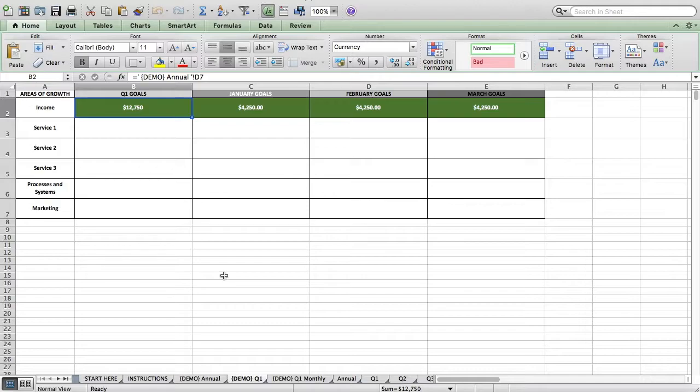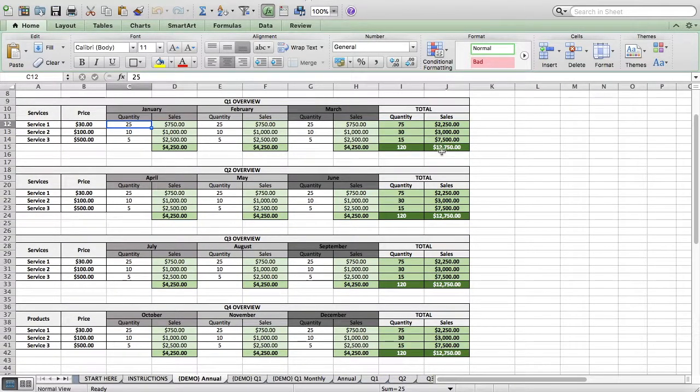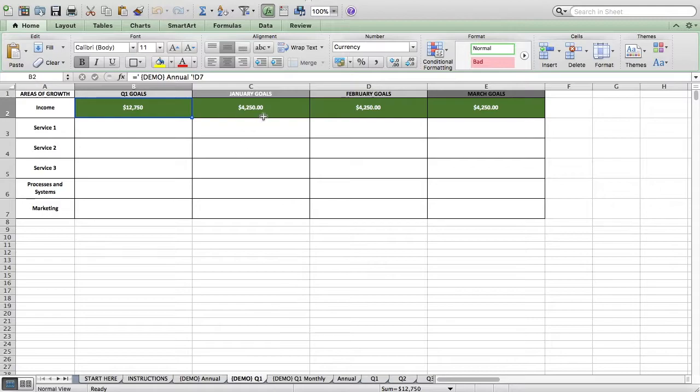So these numbers basically come from your Q1 goals that you set over in the annual tab. They've auto-populated, right? So you've got a total of $12,750 that you've set for yourself as a goal for the first quarter total, and then a breakdown throughout January, February, and March. That's divided by 3, so that was pretty easy there, but you'll see that for January, February, and March on the Demo Q1 tab here at the top. This will auto-populate